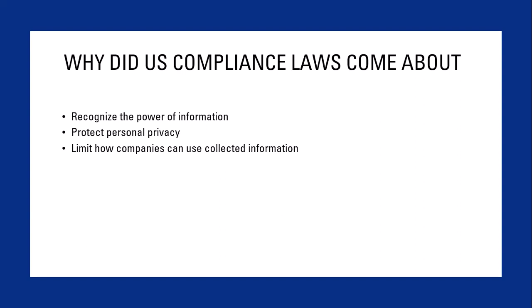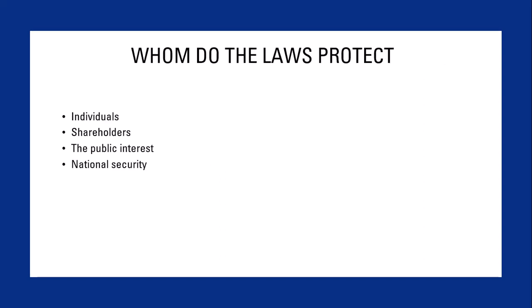By setting rules around how personal information can be collected, used, and shared, compliance laws give individuals more control over their own data. And by requiring companies to implement strong security controls, they reduce the risk of data breaches and identity theft. Laws are about trust. They establish a social contract between organizations. Companies get the benefit of using this data for legitimate business purposes, but in return they must be responsible stewards of that information. While compliance laws are often framed in terms of protecting consumers, their reach is actually much broader.